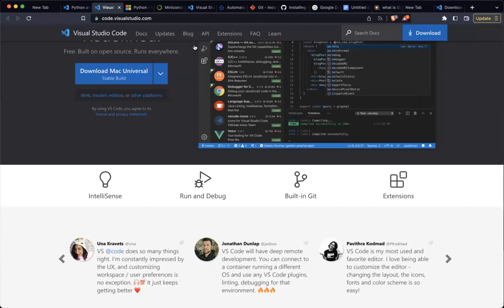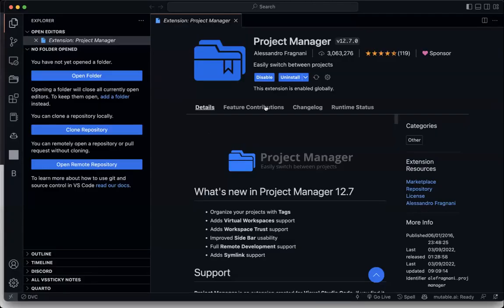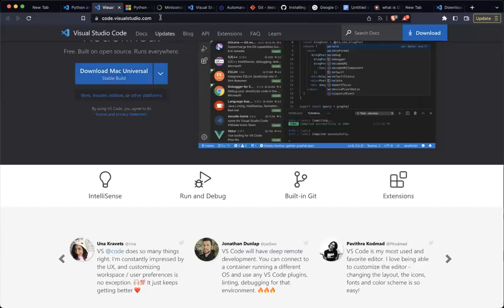Okay, so right, so this is VS Code. If you have not installed VS Code, please follow along and we can do that together. I will quickly